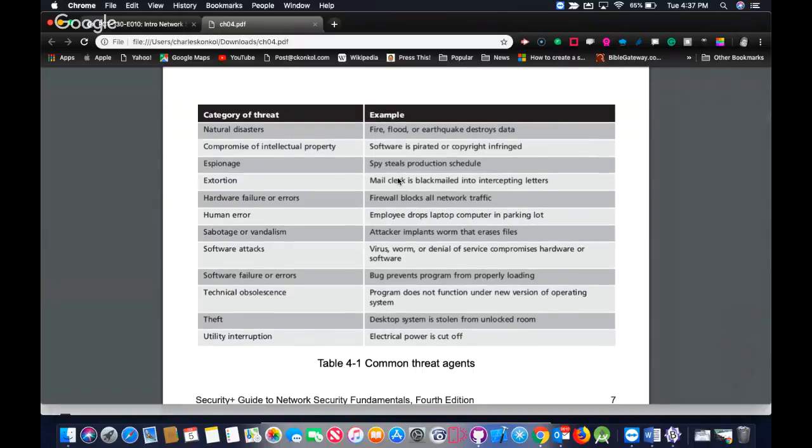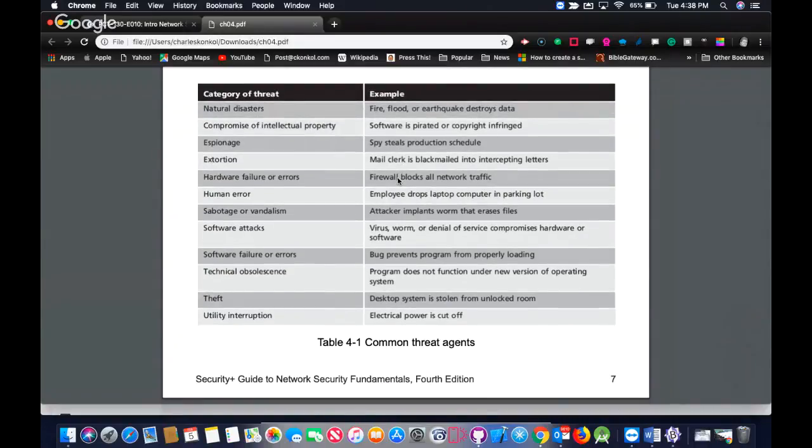So here are some categories of common threat agents you've heard of and maybe experienced yourself in your home or business. Natural disaster. Compromise of intellectual property, like software piracy. Espionage, spies come and steal data. Extortion, blackmail. Hardware failure or errors, a firewall blocks all network traffic. Human error, a human blocks or an employee drops a laptop. Sabotage or vandalism, an attacker implants a worm, erases a file. Software attack, virus, worm, or